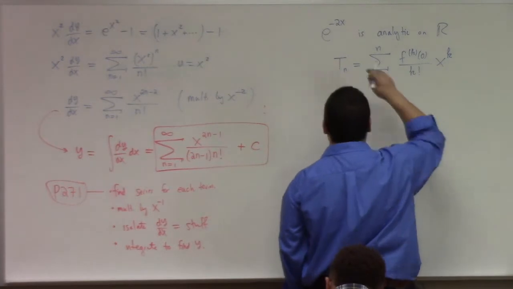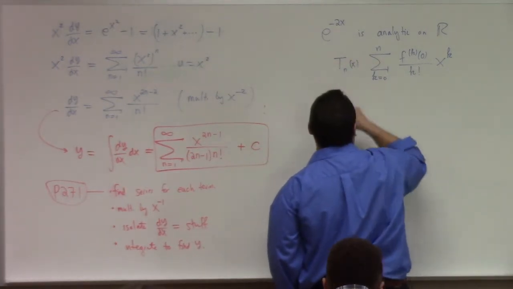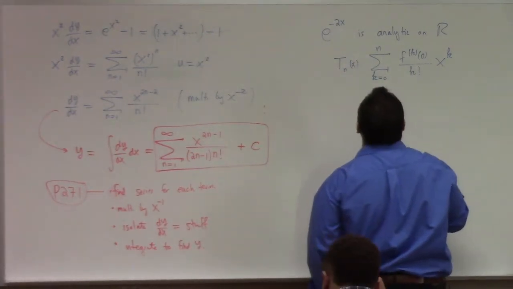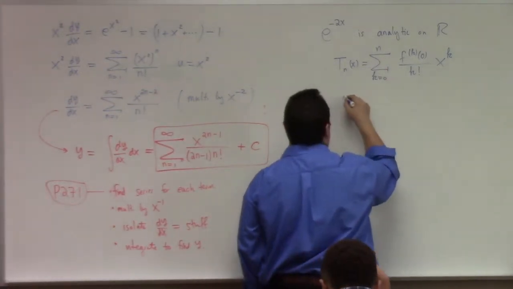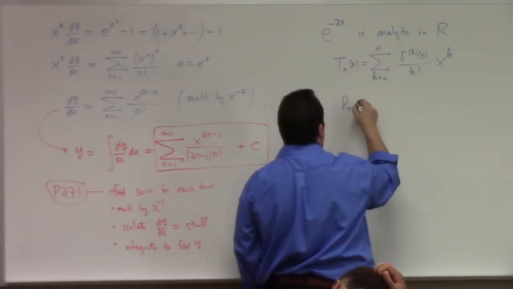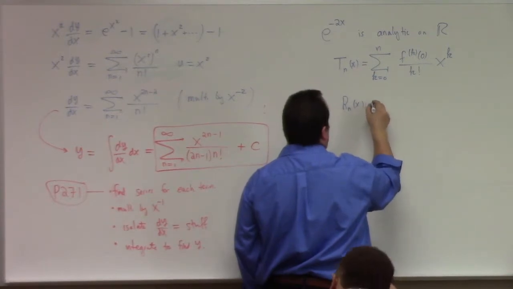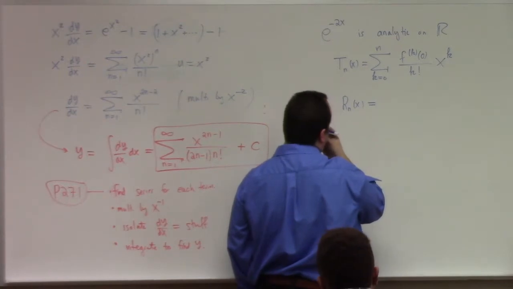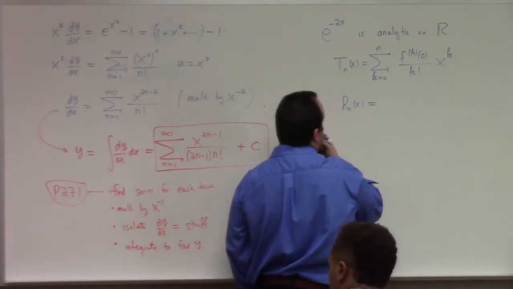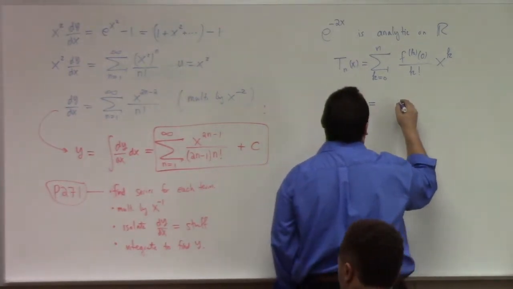Right, and then it'll be the nth Taylor polynomial. Now here, our job is to show that Rn of x, which would be what? I mean, technically it is,